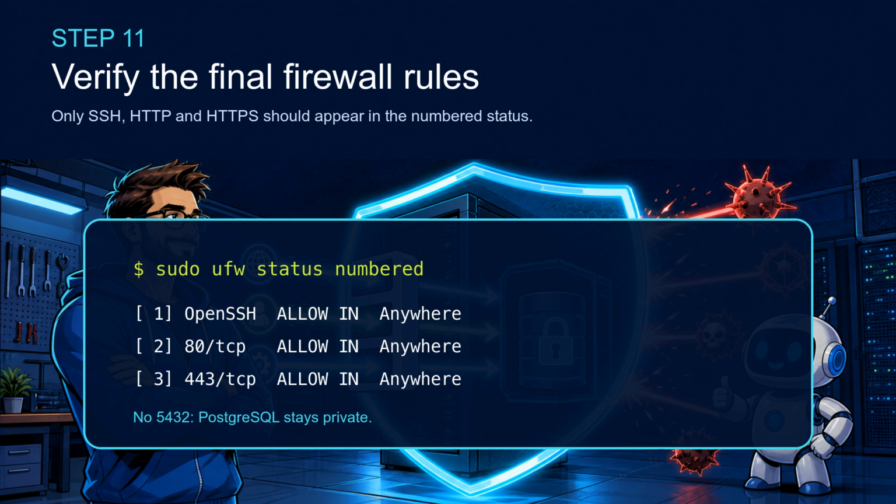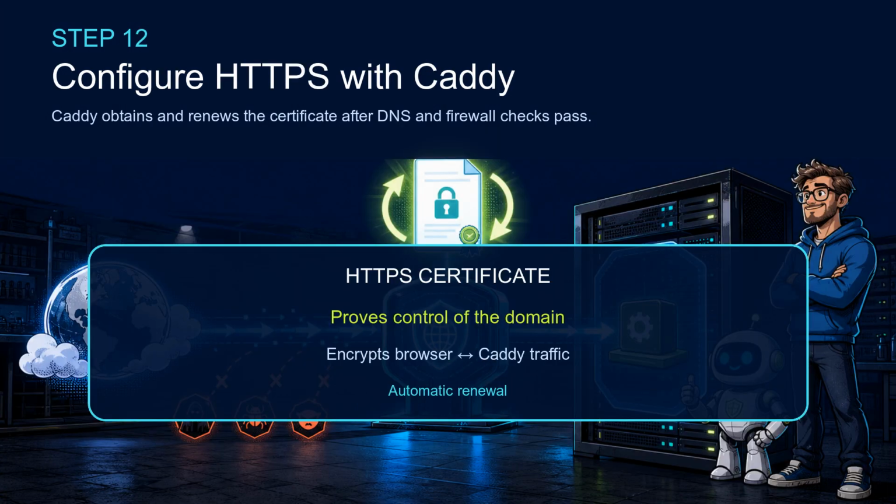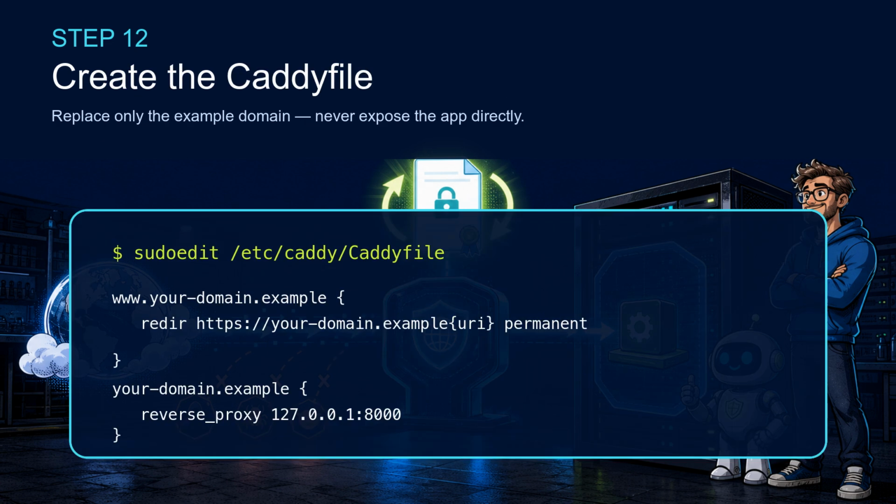The database stays private. A Caddy file tells Caddy which domain to serve and where to send each request. When DNS works and ports 80 and 443 are open, Caddy can automatically obtain and renew an HTTPS certificate. That certificate proves control of the domain and encrypts traffic between the browser and Caddy. Caddy then forwards requests to FastAPI on the local address only, so the application is not directly exposed to the